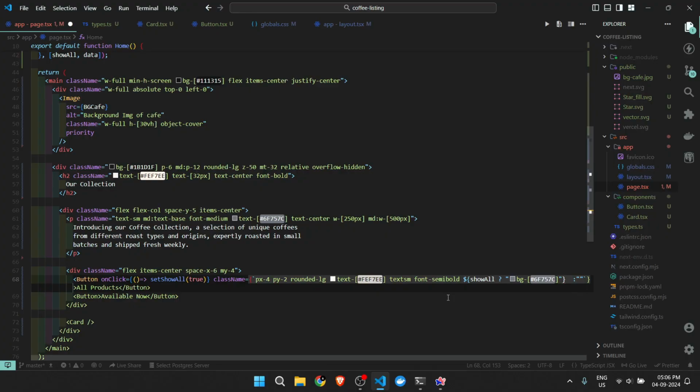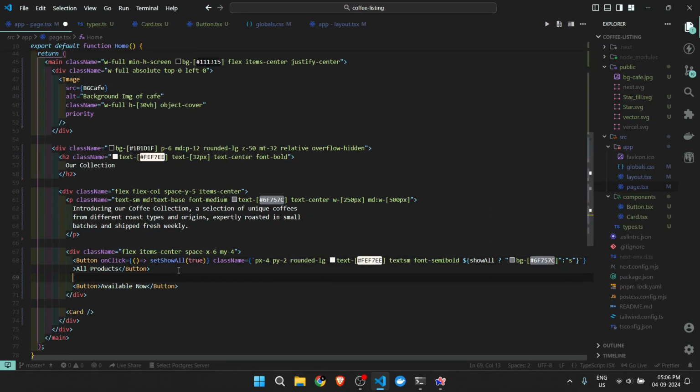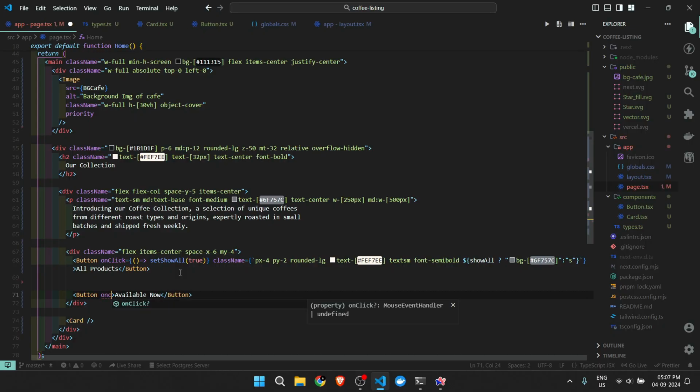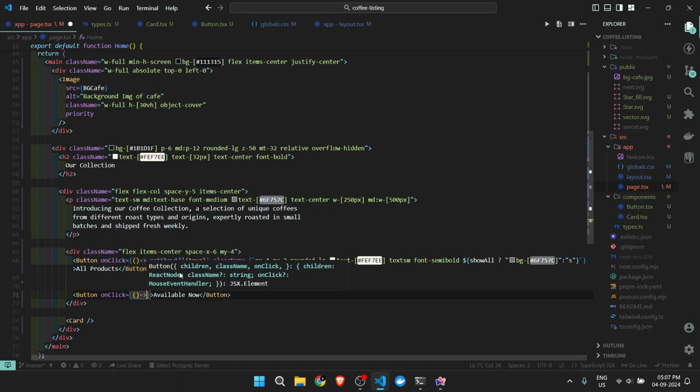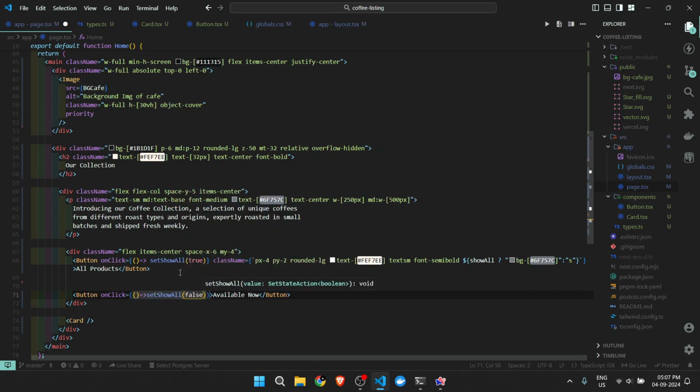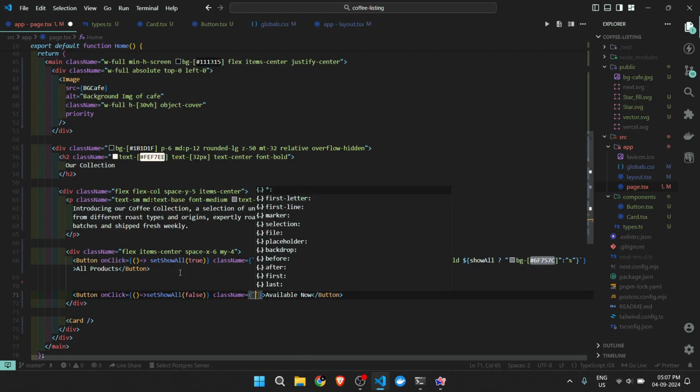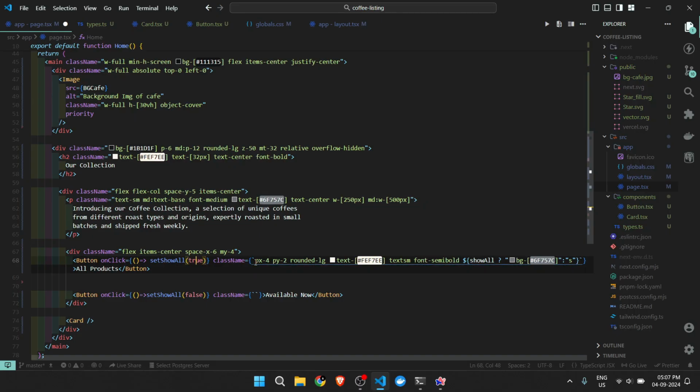All right, now similarly our second button will also have an onClick property and class names, so let's write that. This will have an onClick property of setShowAll to false. So if I do setShowAll to false, it will only show those coffees which are available. Now this button will also have some class names, so right here classNames, it will be dynamic as well. Give a backtick, and this will also have the same property. So let's copy this